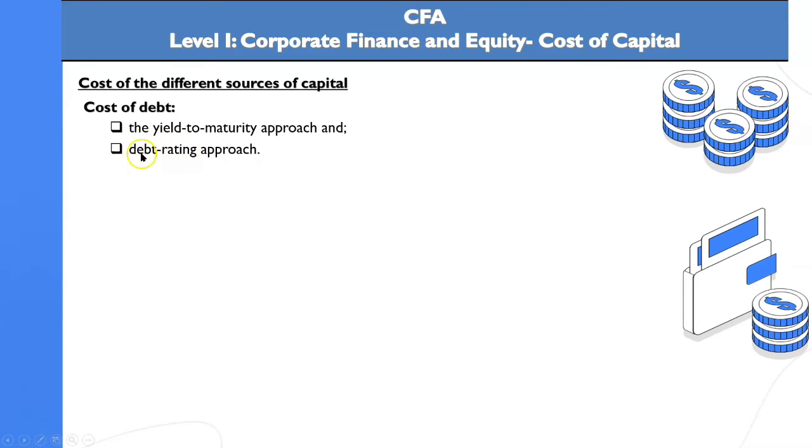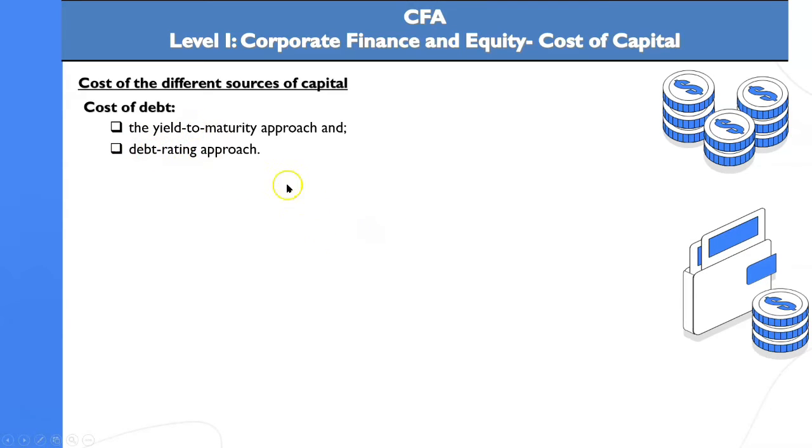Each company has a credit rating. If it is a very high credit rating, A or AA. There are 3 main companies, Fitch and others, that rate the new bond. If you issue a new bond, the bond will be rated A, B, C. C is the lowest, so you have to pay very high because the risk is high. But if it is A rated, you can pay very small interest. This is what is meant by debt rating.